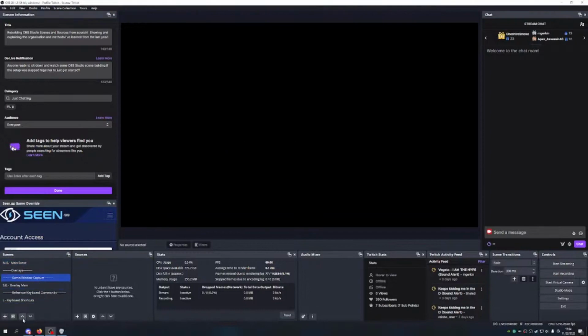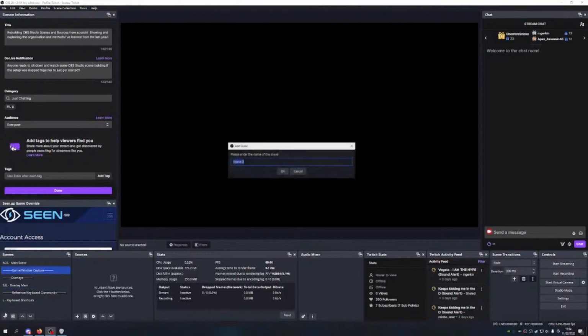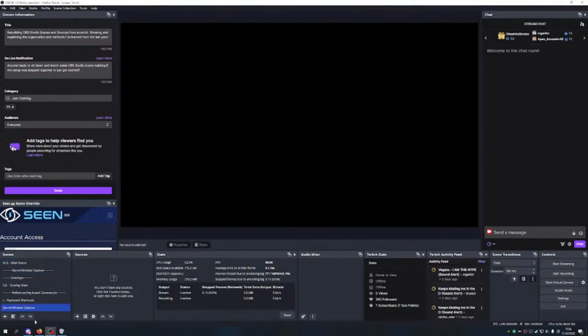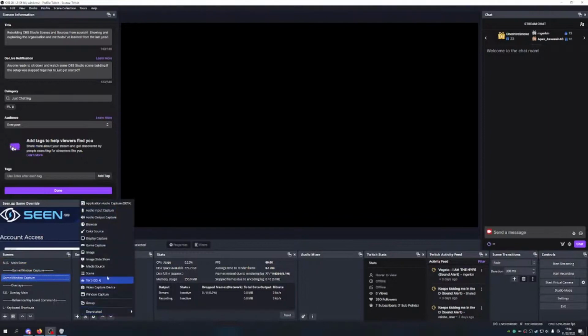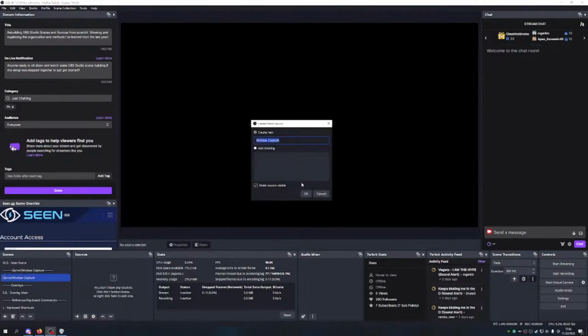Then we'll go ahead and bump that underneath the main scene. Go ahead and create the game capture itself. And I like using caps. I think things look a lot nicer. So I capped a lot of things that may or may not actually need to be capped. So now we have our game window capture and we have our game window capture scene. Going to go ahead and add a source. I usually add my window captures first. So window capture, because that's how I usually use a lot of my